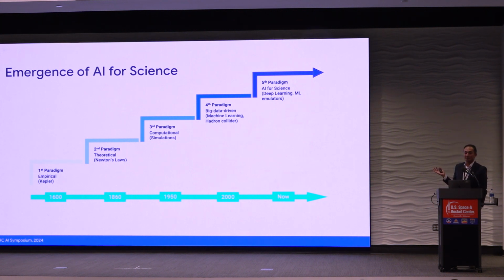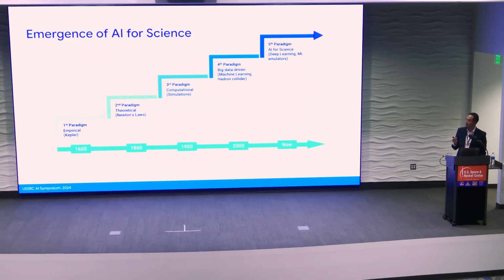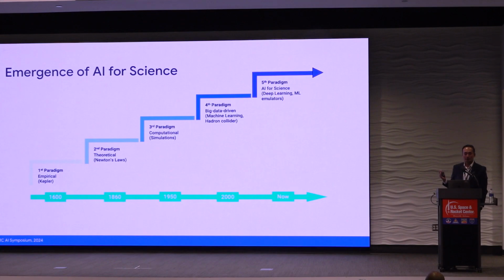So this is not the first time science has seen a fundamental shift in paradigm. If you look at history, in 1600 it was all empirical, based on observation. Johannes Kepler is a very good example of that. He studied how planets revolve around the sun, and he came up with observations that became theoretical in the 19th century. This was a theoretical era where Newton's laws of motion and Maxwell's equations